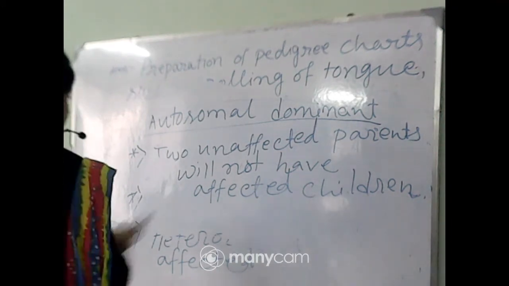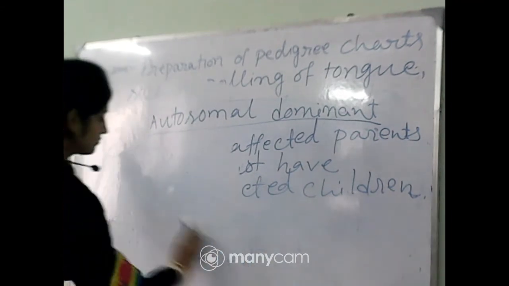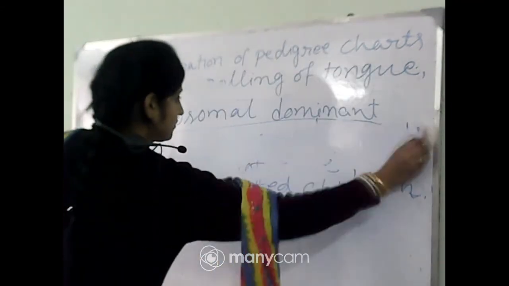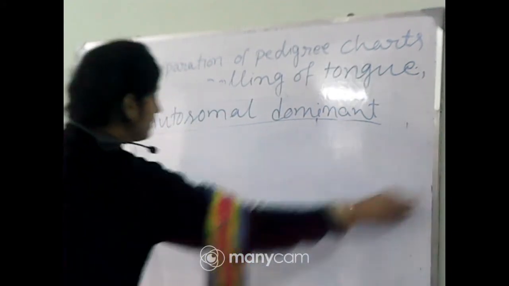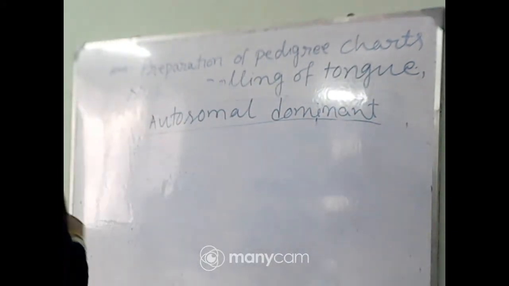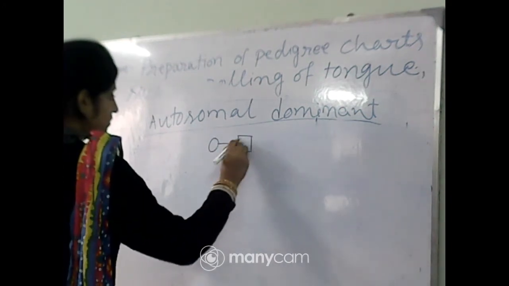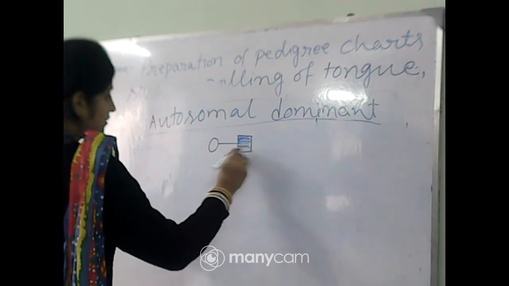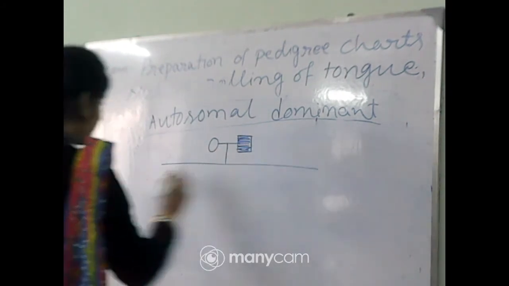If I give you one example of the autosomal dominance, you can see clearly that I will tell you later about the rolling of tongue and the color blindness. You just first follow that structure. If there is one parent, this father is affected because it is male, it is affected. You can see that there is the trait present differently.